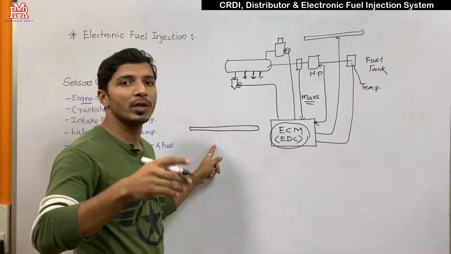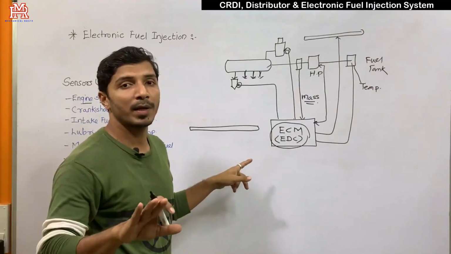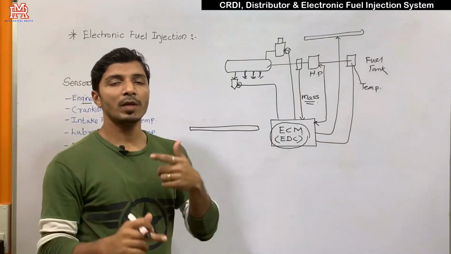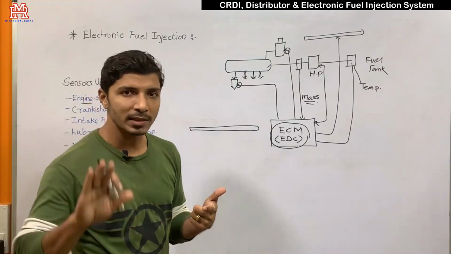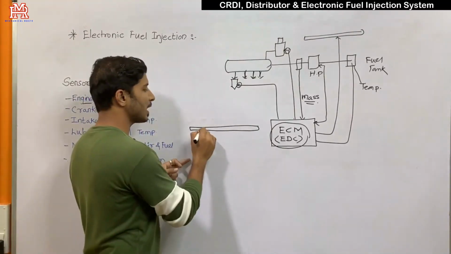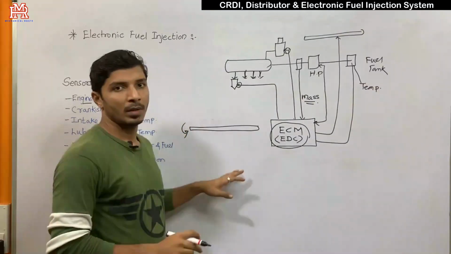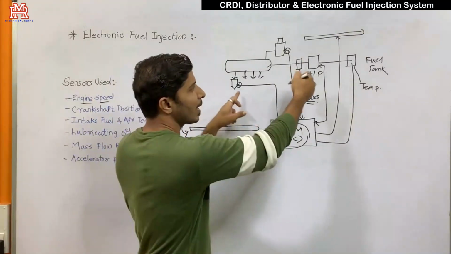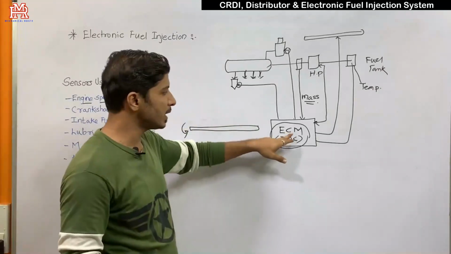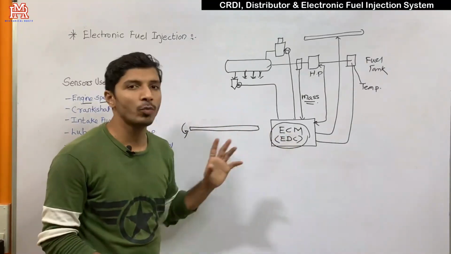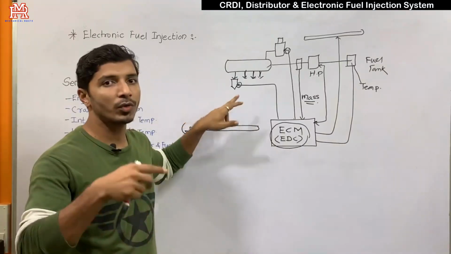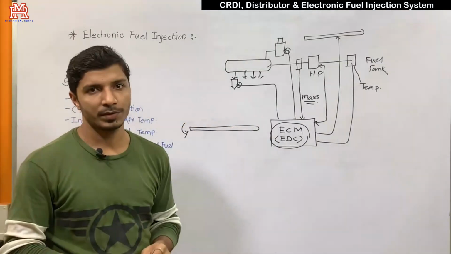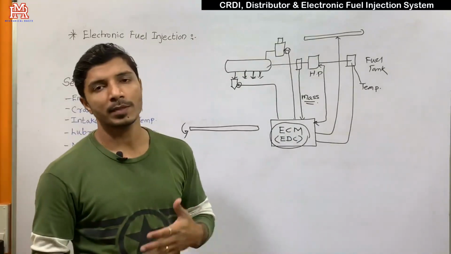One sensor is mounted to the crankshaft, and one sensor is mounted to the accelerator pedal. When the load increases, we press the accelerator pedal. According to the accelerator pedal, and whether the crankshaft is getting the movement, all other parameters will be regulated, and this ECM or EDC tries to maintain proper fuel supply to the cylinder according to different speed and load conditions. So this was about the fuel injection systems in CI engines.